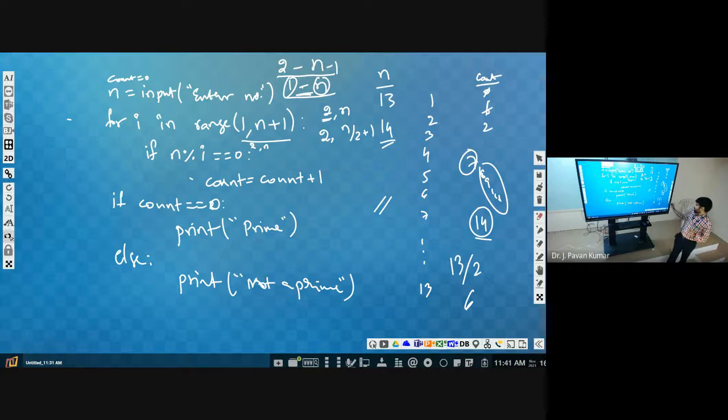In general, 12 by 2, what is the answer? 6. 6 by 2, 3. 7 by 2, 3.5 we will be getting, right? Suppose you want to get only 3, then this operator will be used. Usually this is the division operator. If you use double slash, then it is considered floor division.